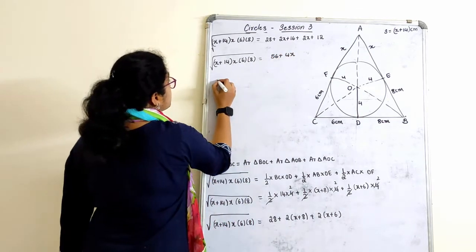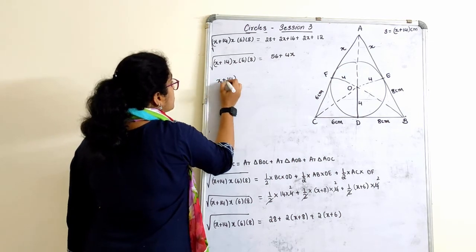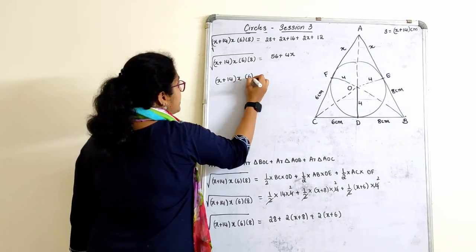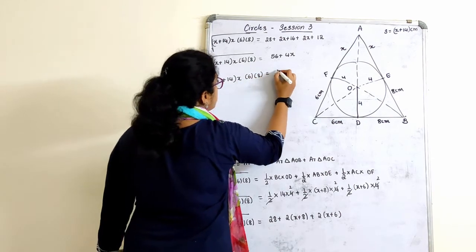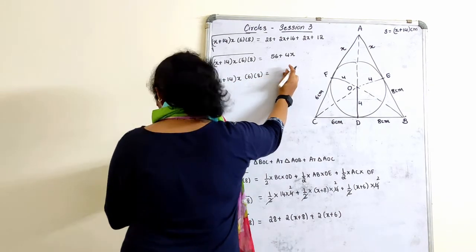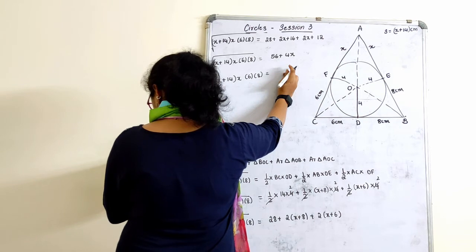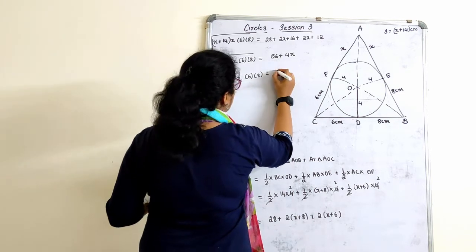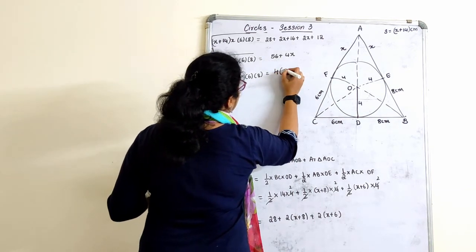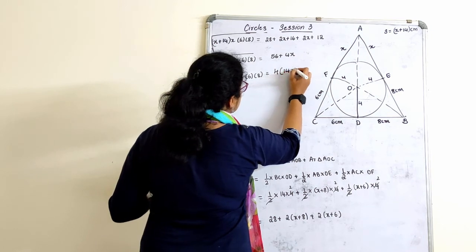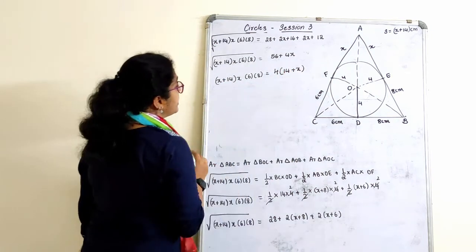Take 2 common. I am just doing everything stepwise without even missing any step. So take 2 common, or what we can do is here, yes, or we can take 4 common. 4 1s are 4, 4 4s are 16, 14 plus x. Finally,